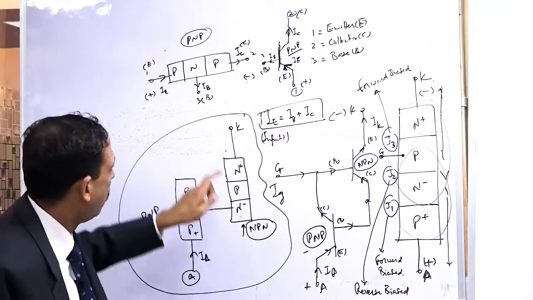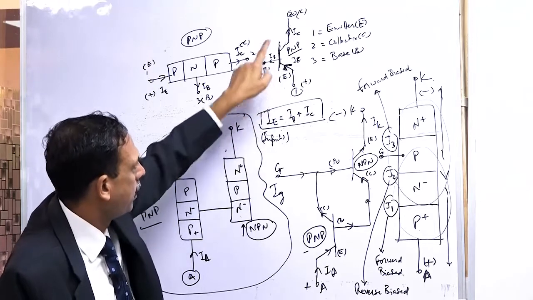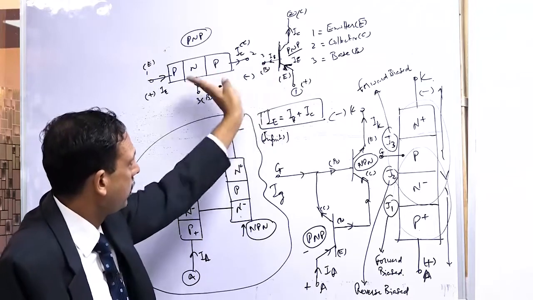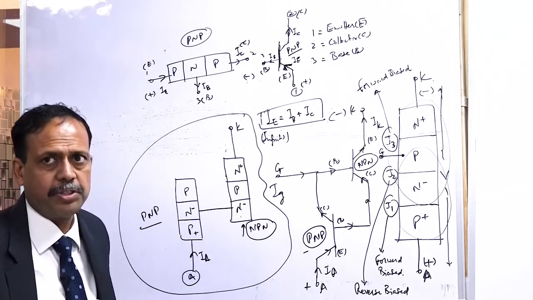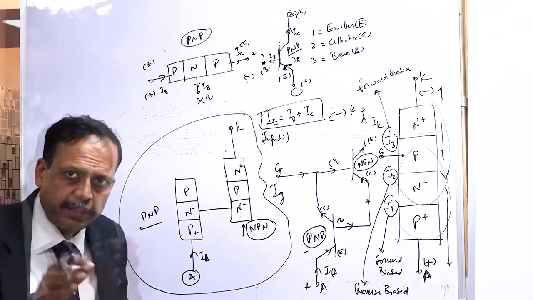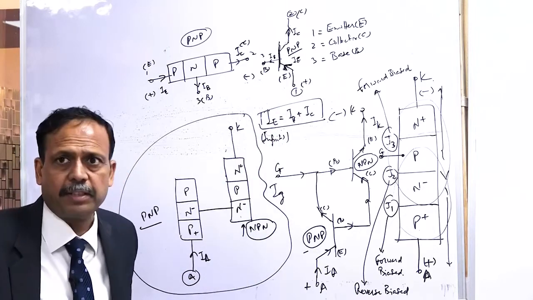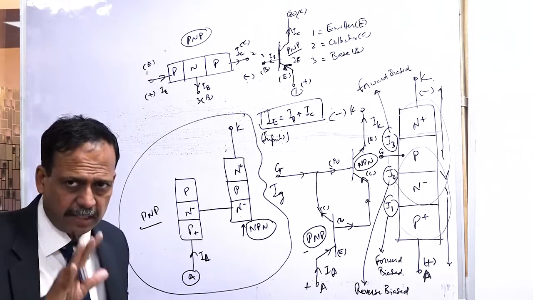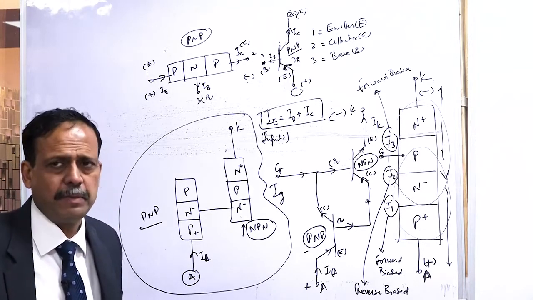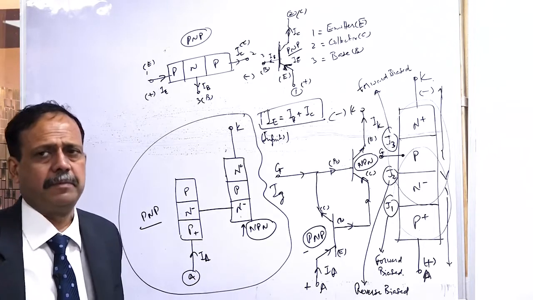Okay. Now, if it is going inside, the other two currents will be going out from this particular layer. One is going there, another is going there. One is entering and two go out, as per Kirchhoff's current law. If the current is going in, the total current out will be the sum of those. So input current is equal to base plus collector, and this is the current direction. The nomenclature has to be clear, because if there is a slight mistake in that, you will not be able to understand this.